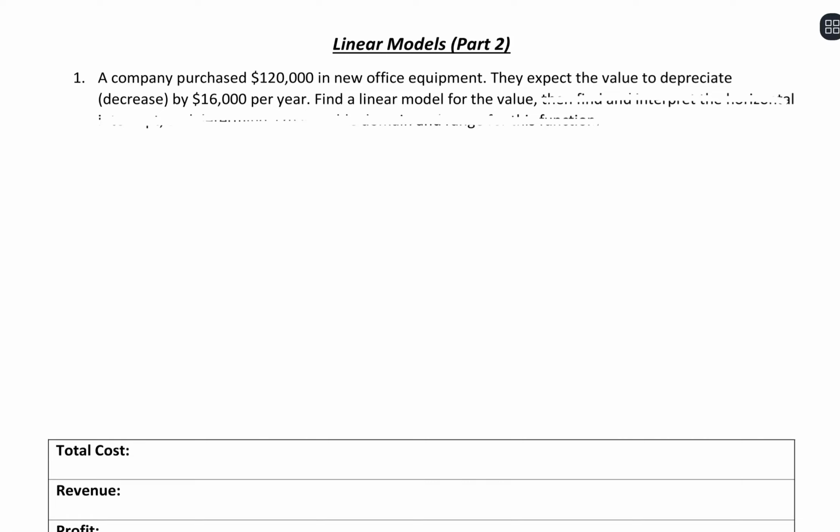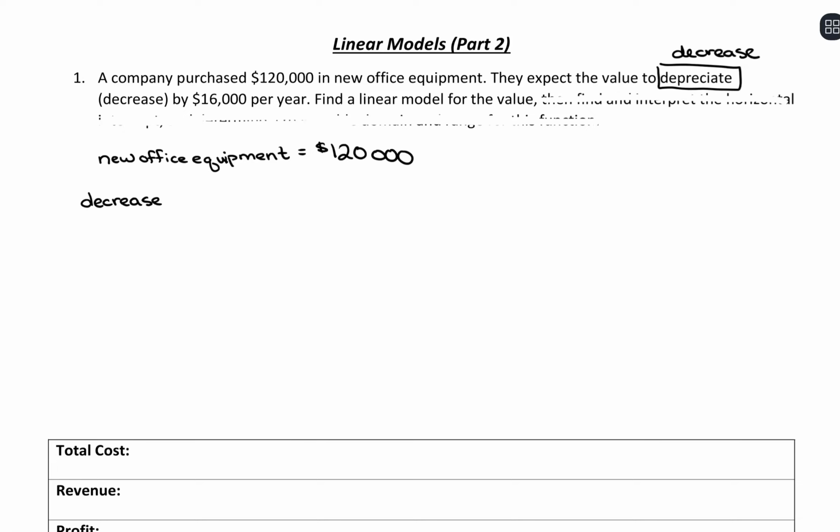So with that, we have a company that purchased $120,000 in new office equipment. So we have new office equipment, cost $120,000. They expect the value to depreciate. Depreciate means to decrease. They expect it to decrease by $16,000 per year. So we're seeing a decrease of